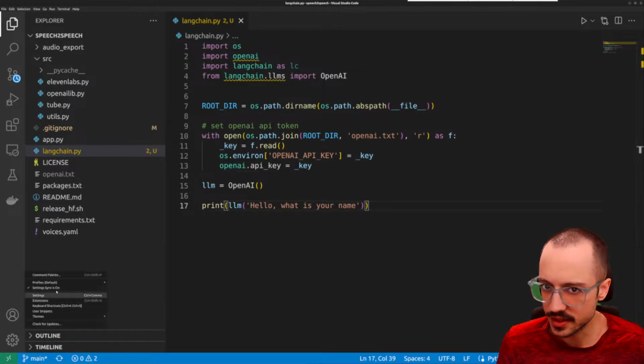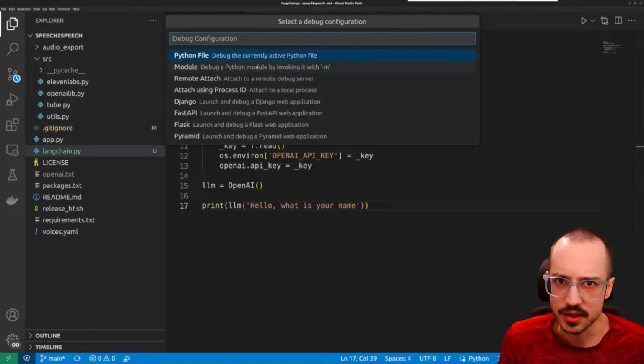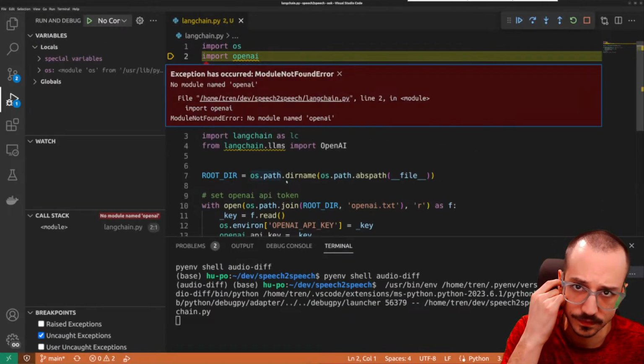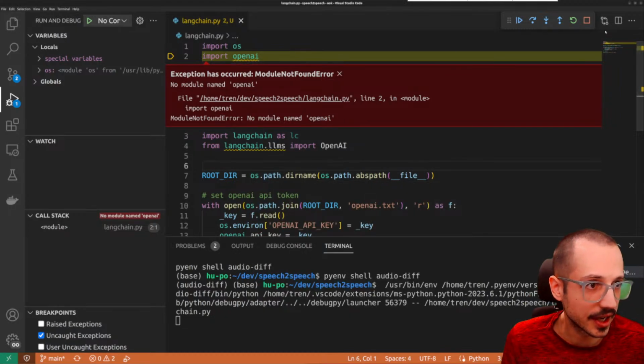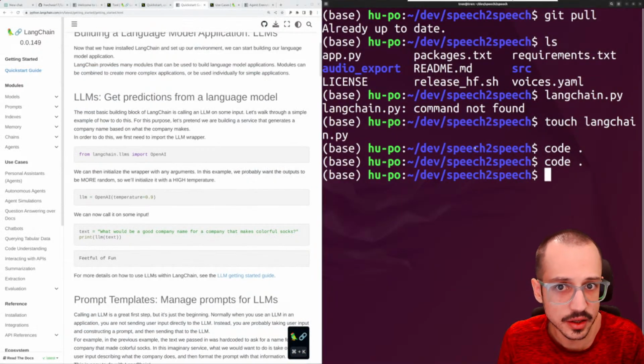We're not in the right profile. Let's make sure to set our VS Code profile. And let's run this Python file. Import OpenAI, no module named OpenAI. Okay, let's close out of that. We're going to need to